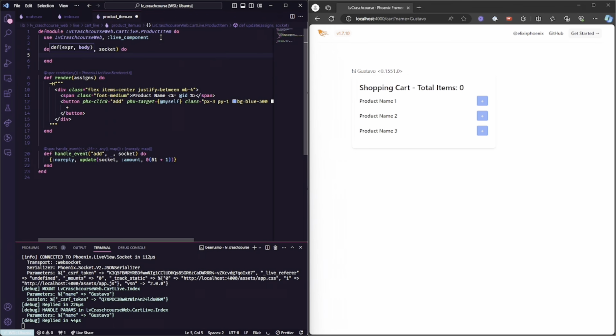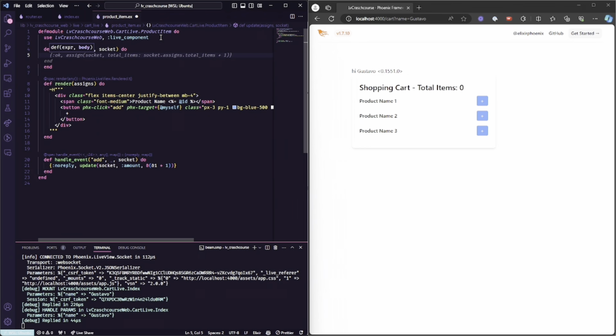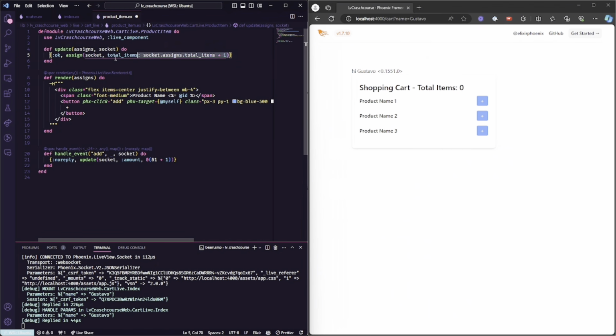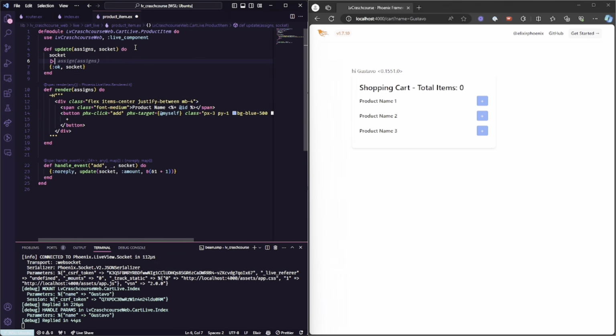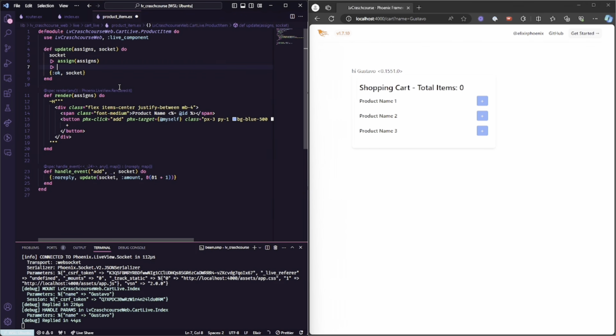This is the first life cycle when you are creating our live components. And then on our socket, this is one of the tips that I'm gonna give to you: always assign the assigns, and always send the information that you're gonna need from the page. Now we can say assign amount 0,